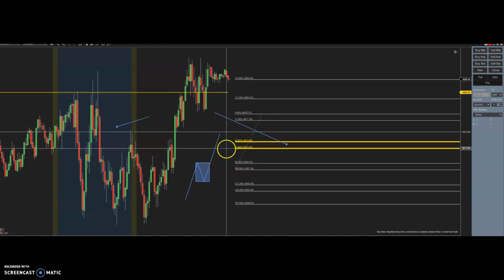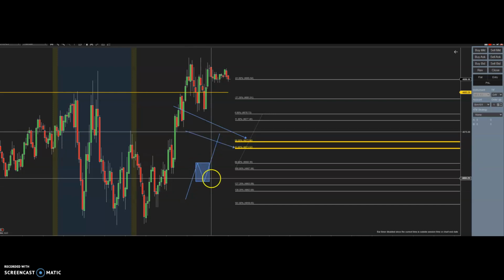So these two areas right here, the 50% and the 61%, that area is known in the community as the golden ratio zone. So basically what that means, I'm going to give you my interpretation. I'm sure there's some technical terms out there, but you know I like to keep it very simple. So basically what that says is, for me,